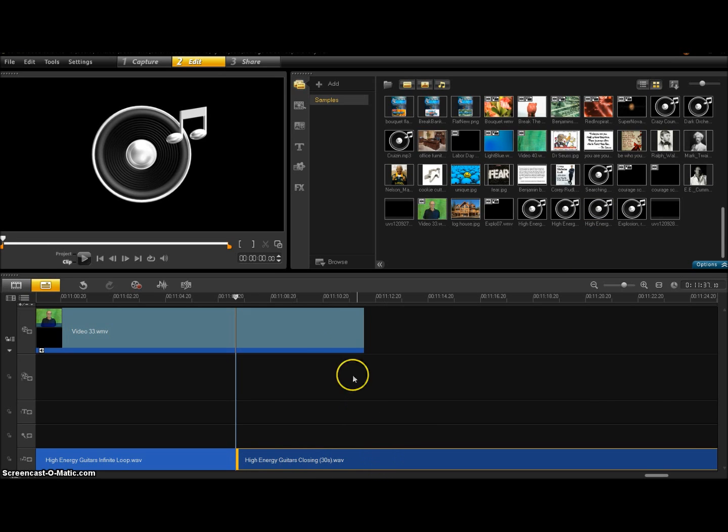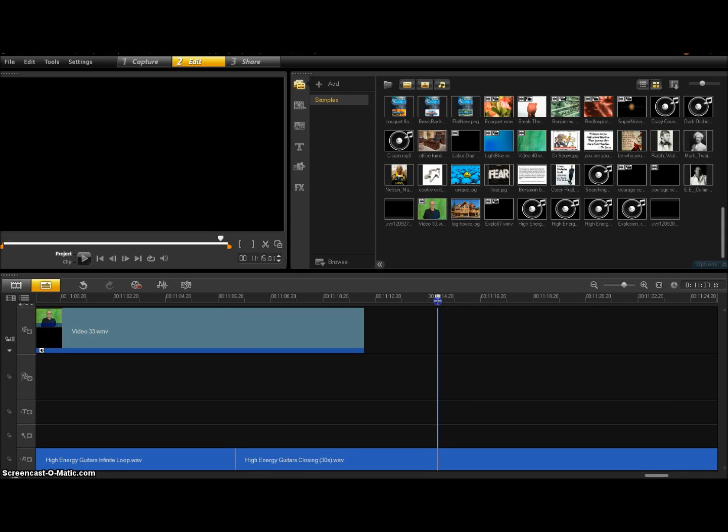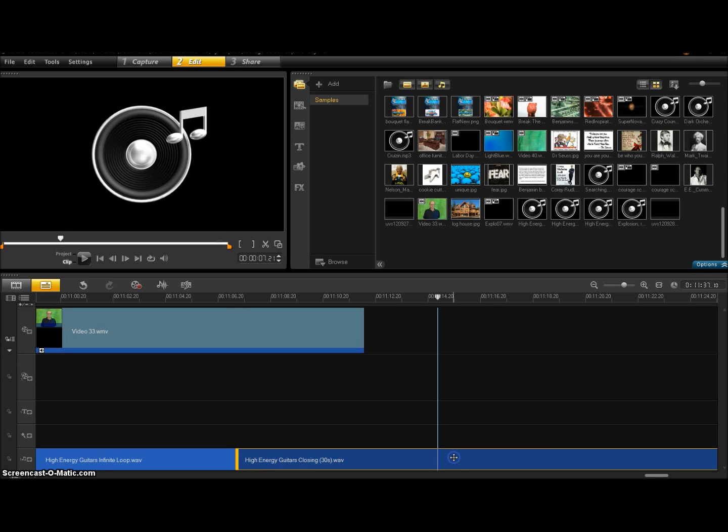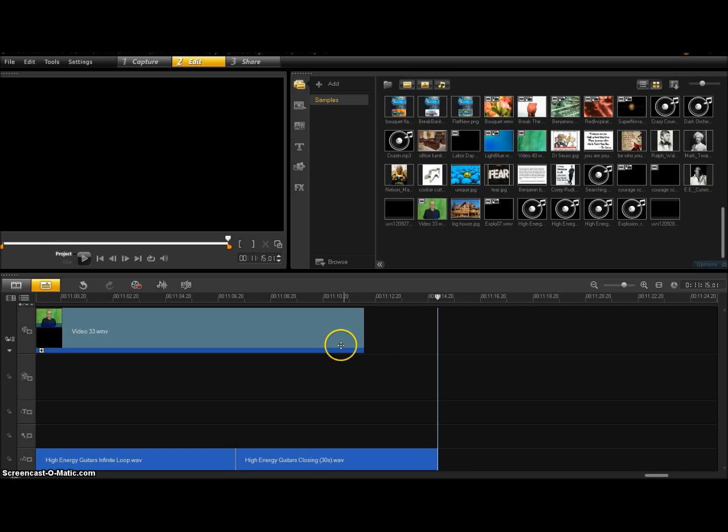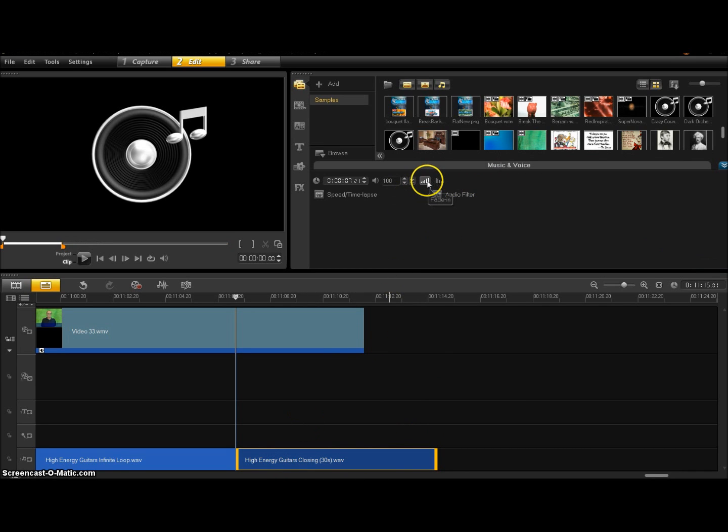Now again, you notice that it's longer now. So I'm going to go just past the end of the video, click, put my line down, then right click, split clip, and then delete. This way, after this ends, I still have some music going. So for here, I double click. I'm going to have this as both a fade in and a fade out,